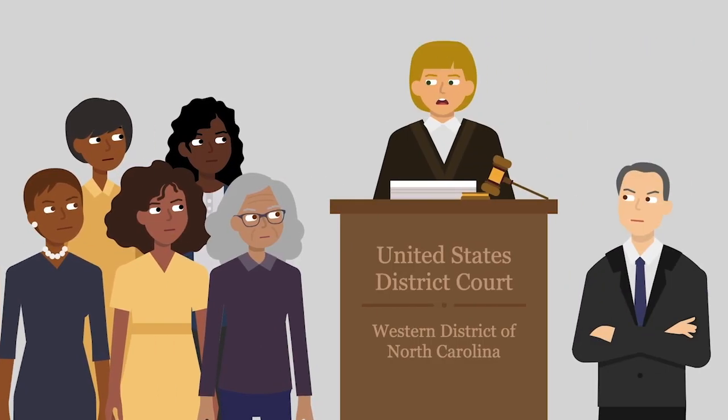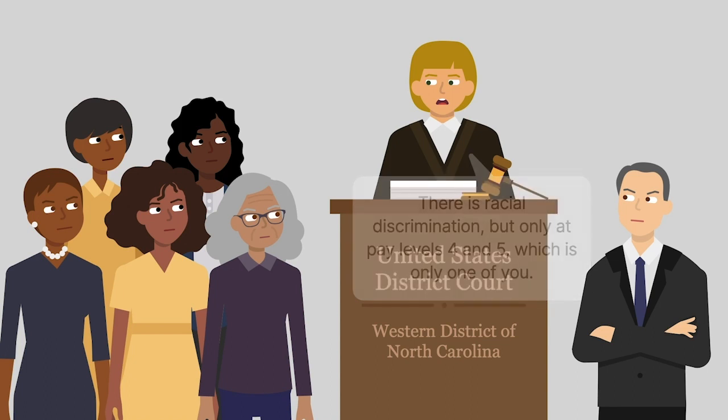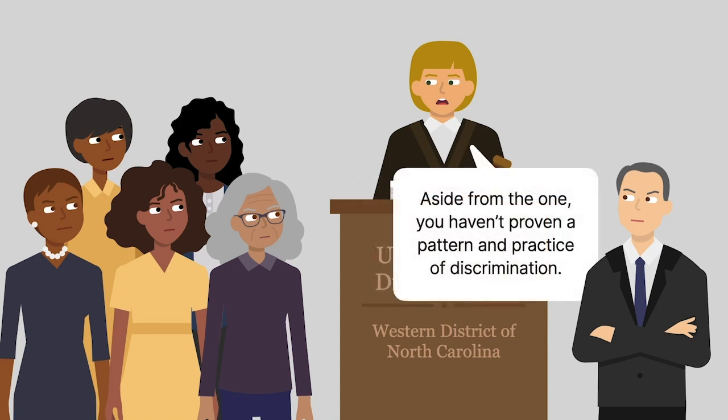After a trial, the district court found that the branch had engaged in a pattern of racial discrimination, but only as to a group of employees in pay grades 4 and 5. Only one of the Baxter plaintiffs fell within those pay grades. But beyond employees in those pay grades, the plaintiffs hadn't proven that the branch engaged in a pattern and practice